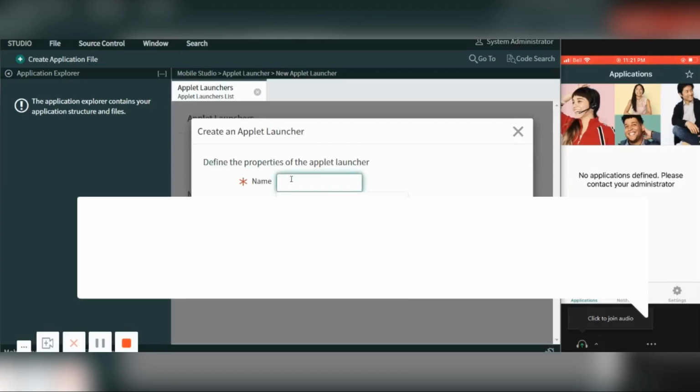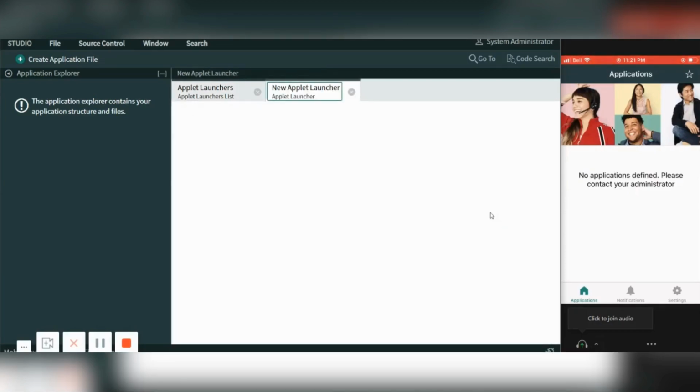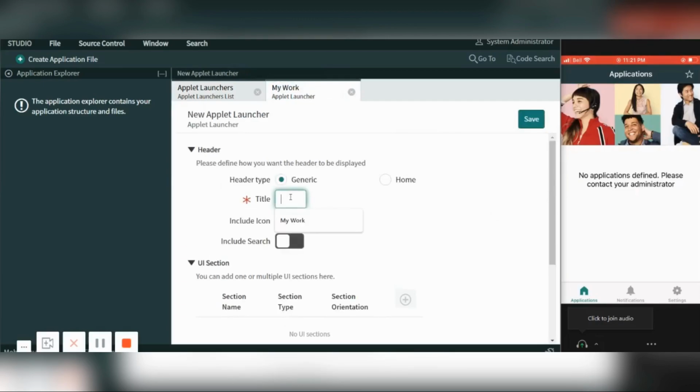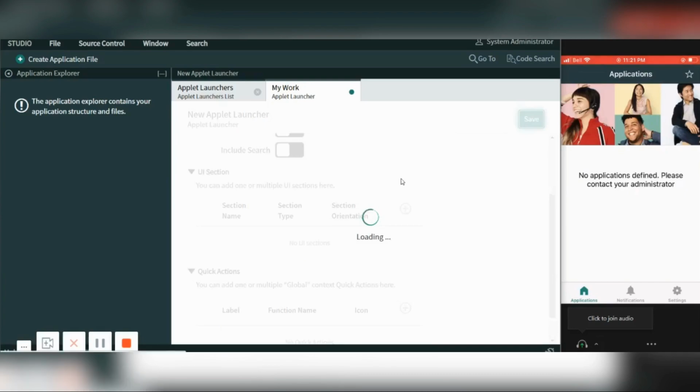The name of our applet launcher, I will give as my work. Create new. Title my work, and I will save it.